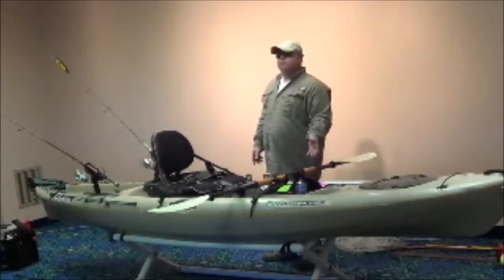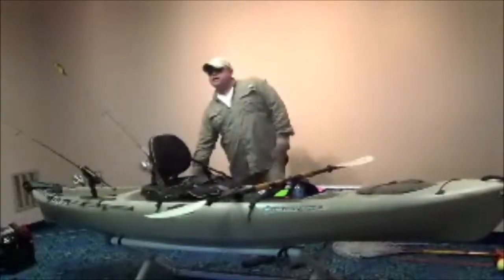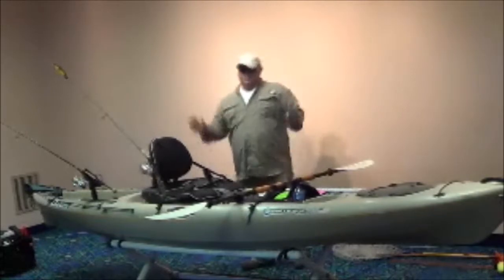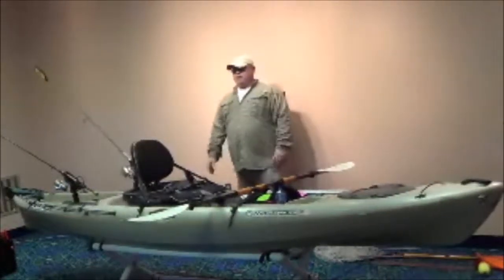If you think it's in the way when it's up here, all you got to do is kick it up there on the bow, like on this one, or over here on the side, like this over here. And then it's just out of the way. So I've got 3 options on here, places to stick the paddle. A lot of guys don't have